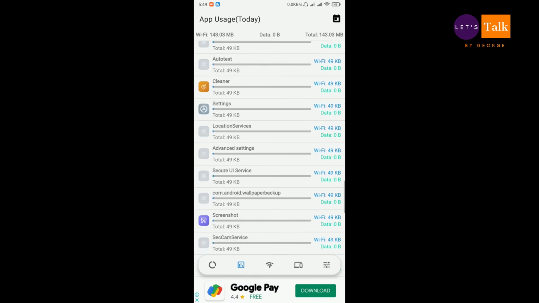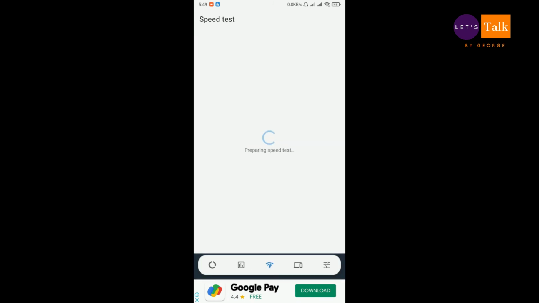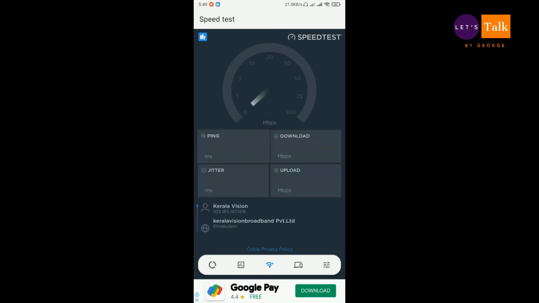So you can really scroll up and see all the application details. This only happens when you enable the permission. Next one is really good, speed test. So we get a speed test option in the application, and what it helps you to do is it helps you to understand your Wi-Fi or data speed that is provided by your internet service provider or ISP.